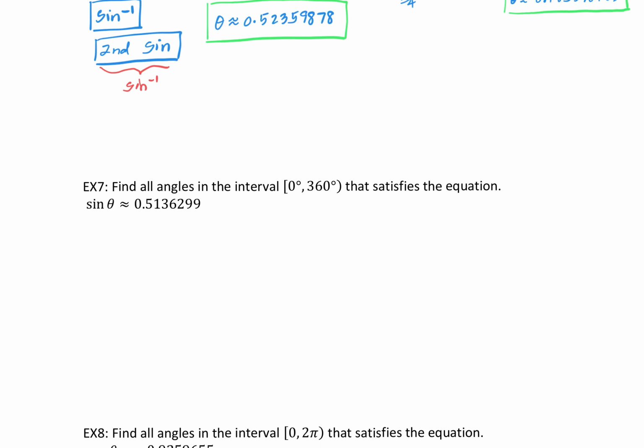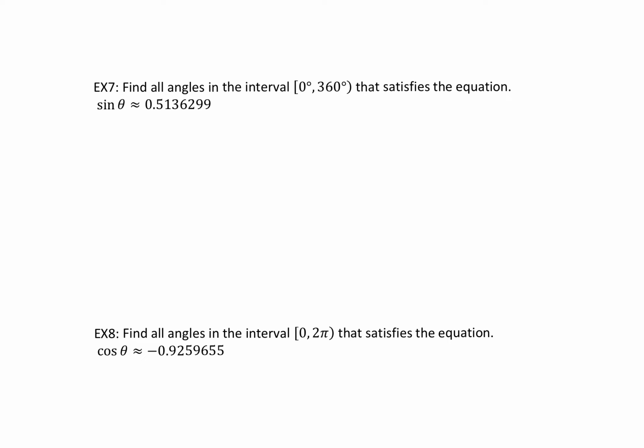In that example, we actually had exact values that we knew from our unit circle. But what if we don't? In example 7, it says find all angles. So we have to be careful about this because it's not just an acute angle, it's all angles. And it's telling us in this interval from 0 to 360 degrees. So make sure that your calculator is in degrees. We want to find all the angles theta that satisfy this given equation that sine of theta is approximately equal to